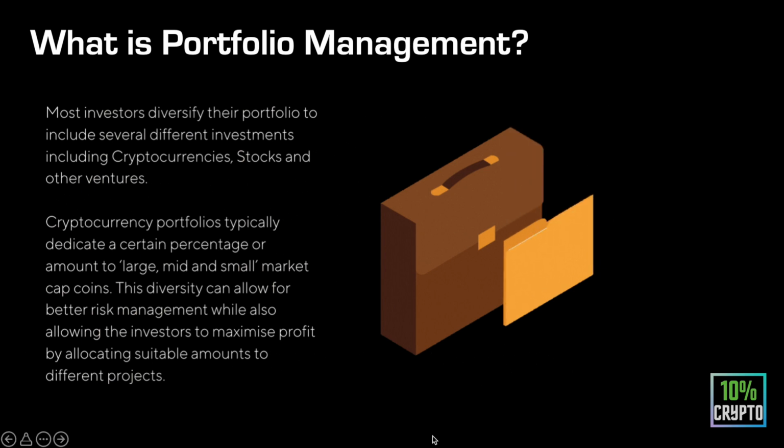So cryptocurrency portfolios typically dedicate a certain percentage or amount to large, mid, and small market cap coins. This diversity can allow for better risk management while also allowing the investor to maximize profit by allocating suitable amounts to different projects. So what this just means in simple terms is if you have money, if you have $1,000,